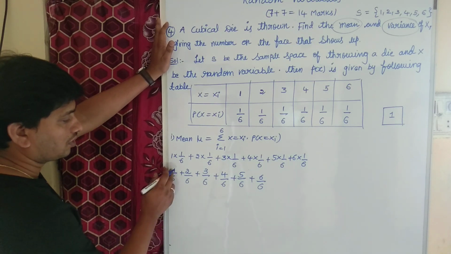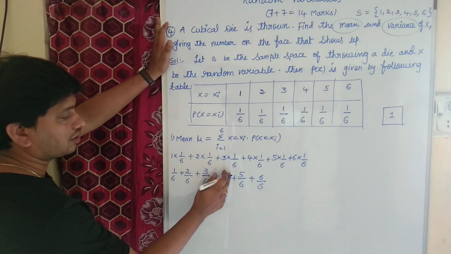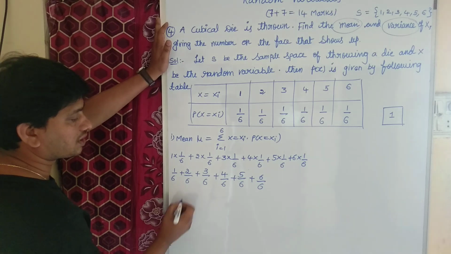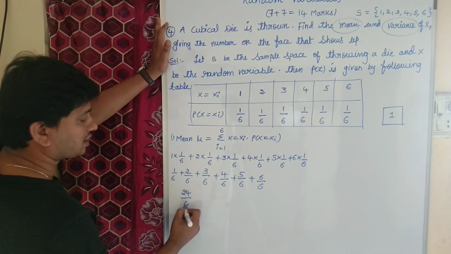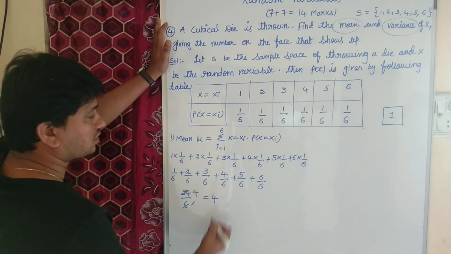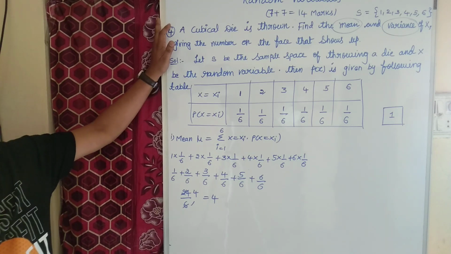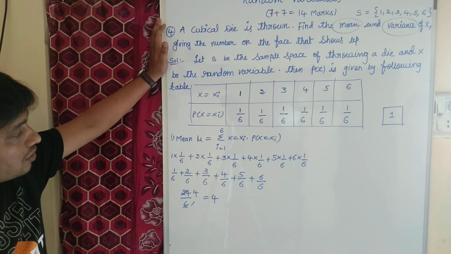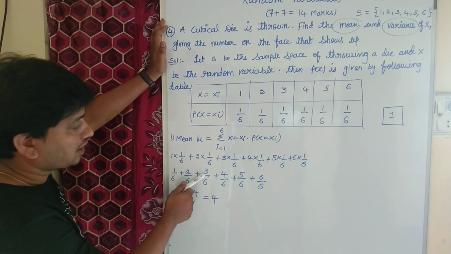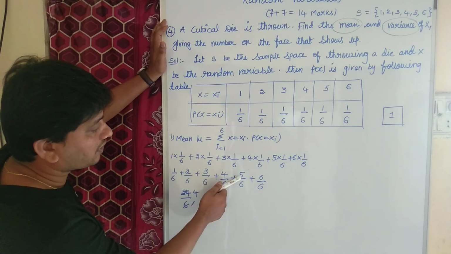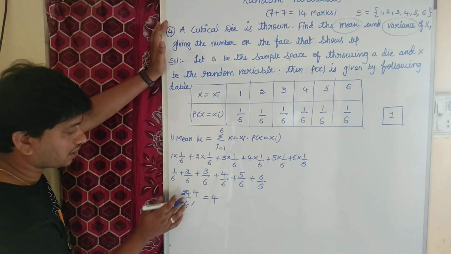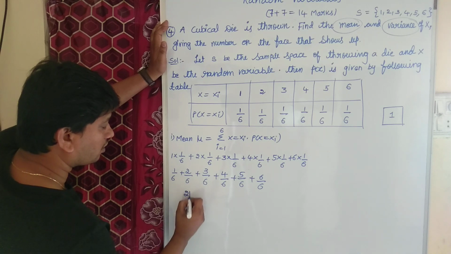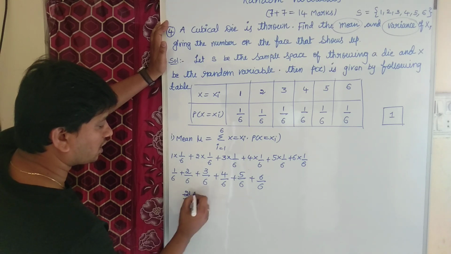So 1 plus 2, 3, 9, 13 plus 5, 18, 18 plus 6, 24 by 6. So what is the mean, children? That is mean equal to, see somewhere we did wrong. 3, 3, 6, 6 plus 4, 10, 10 plus 5, 15, 15 plus 6, 21 children. Not 24. 21 by 6, 3 2 jar, 3 7 jar.